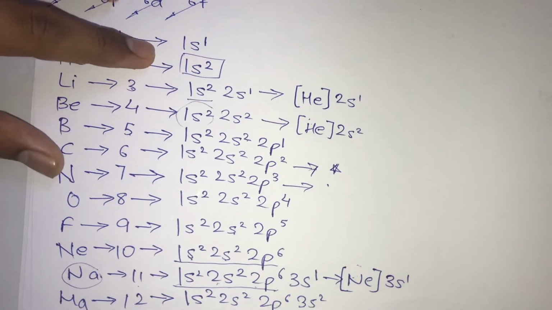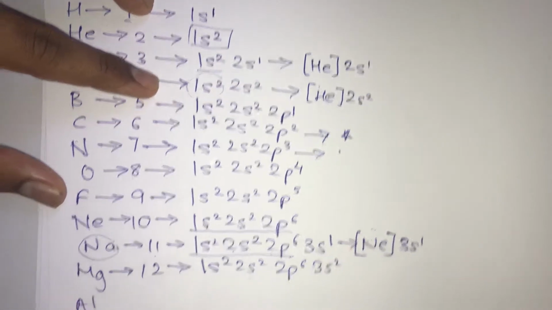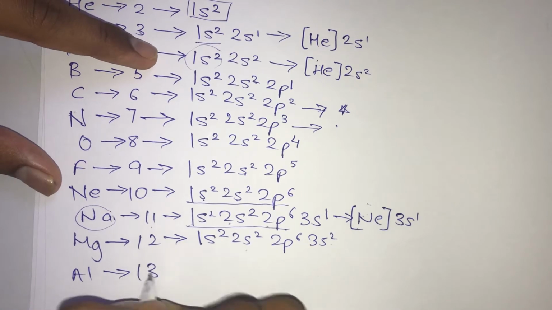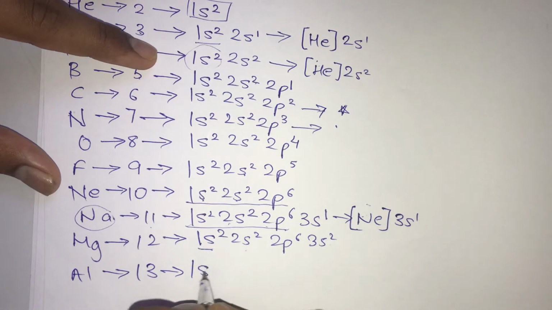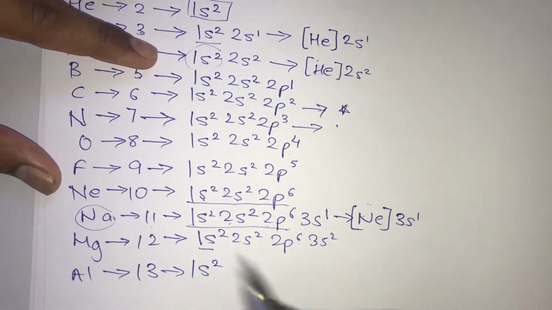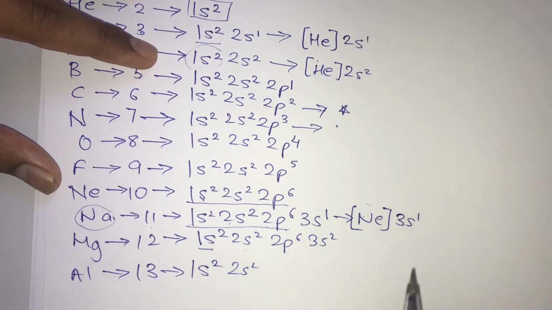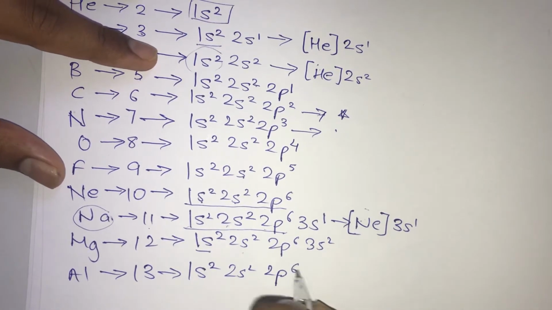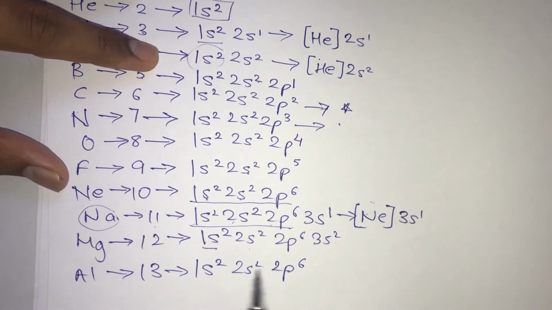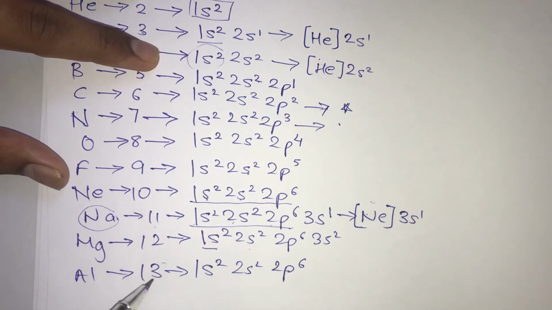Okay, now after magnesium comes aluminum. And what is the atomic number of aluminum? It is nothing but obviously 13. So we first move on to 1s. So inside this 1s, 2 electrons can be accommodated. After 1s comes 2s, where the next 2 electrons can be accommodated. And after 2s comes 2p, where a maximum of 6 electrons can be accommodated. So 2 plus 2 plus 6 completes your 10. So out of 13, 10 electrons are already fed into 3 subshells. Now you are remaining with 3 more electrons.